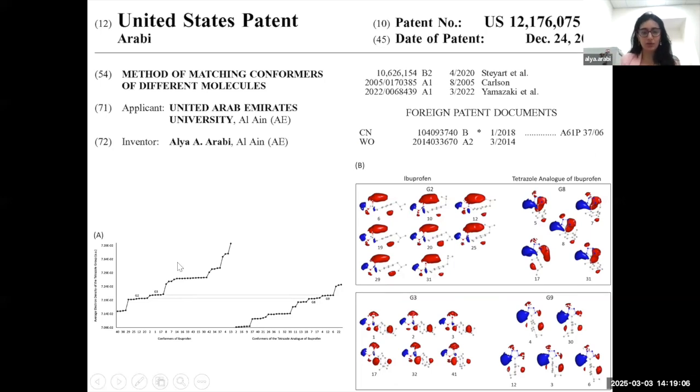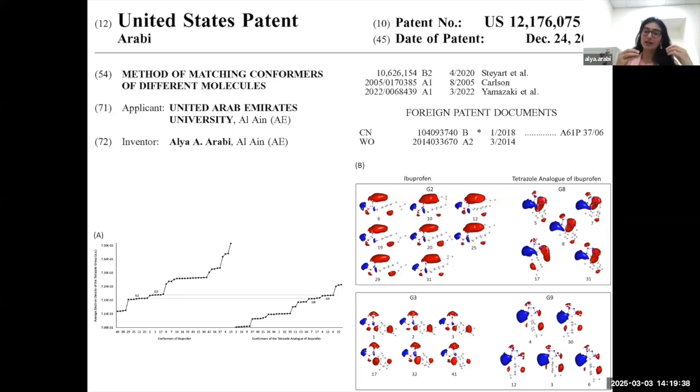So here, this is for one molecule, and this is for another molecule. We will take this cluster and match its AED with the other cluster of the molecule, and we compare the electrostatic potential maps, and we find them to be the same. For example, here you have four red lobes indicating more negative regions, and one blue lobe indicating a more positive region. And here you have the same: four negative red lobes and one blue lobe with similar disposition,